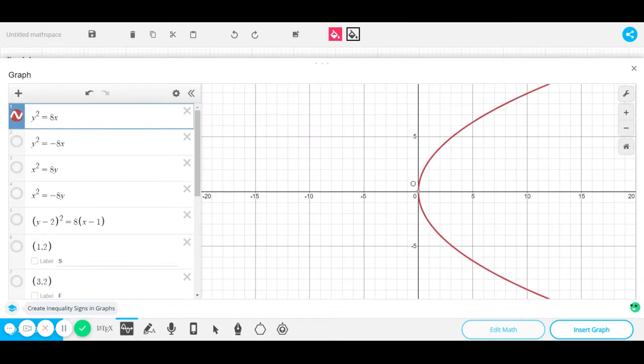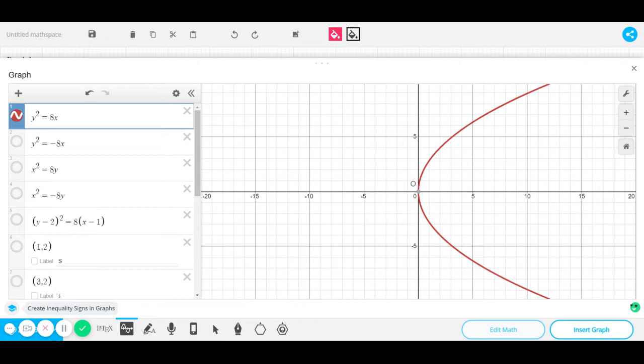So in this case, y squared equals 8x. This is the shape of the parabola in the graph when y squared is equal to 8x. As you can see here, that parabola is of vertex (0, 0), because the general formula would be (y minus y of center) to the power 2 equals 2p, in this case 2p being equal to 8, times (x minus x of center), in this case the x of the center being 0. So when we simplify that, we get y squared equals 8x. This is one of four styles of a parabola. This is y squared equals 8x. In this case,